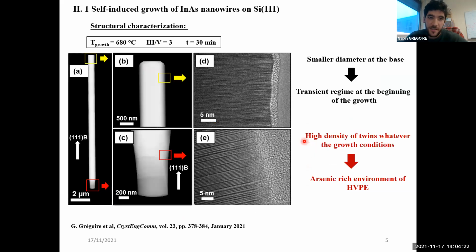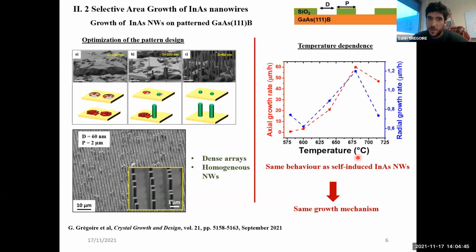Concerning their structural properties, the nanowires exhibit many twins, whatever the growth condition. We tried many growth temperatures and also different III/V ratios. And this is mainly due to the arsenic-rich environment of the HVPE. In order to grow homogeneous nanowires with